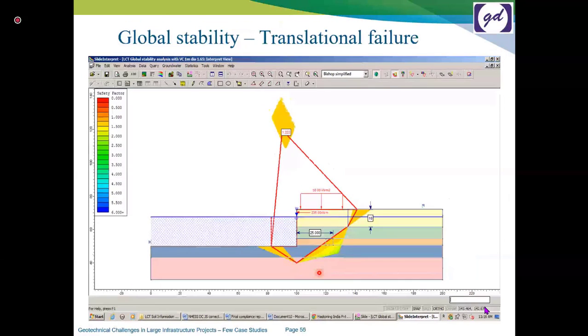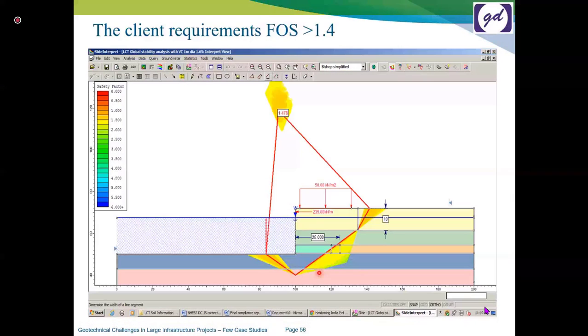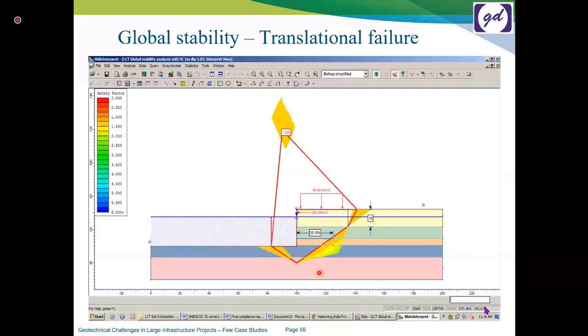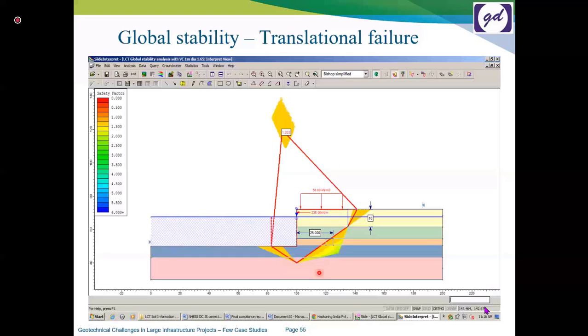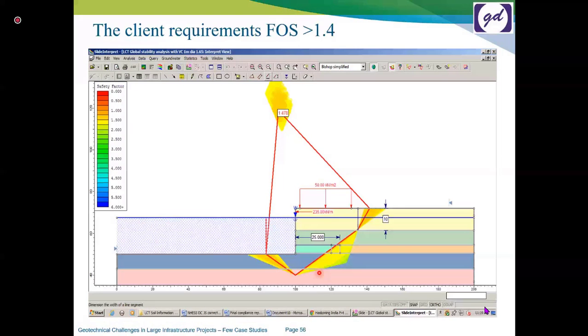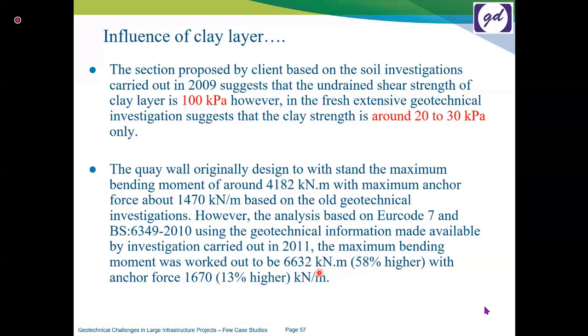Another thing was the global stability. As per the customer, their global stability was a minimum of 1.4, whereas when we ran the global stability, it came out to be just 1 or 1.33 with some adjustments for deeper pipe penetration. So we again asked them for stability verification. In turn, they completely changed the design, and changed the section sizes from 1600 to 1800 dia pile, and the entire thing has been changed.